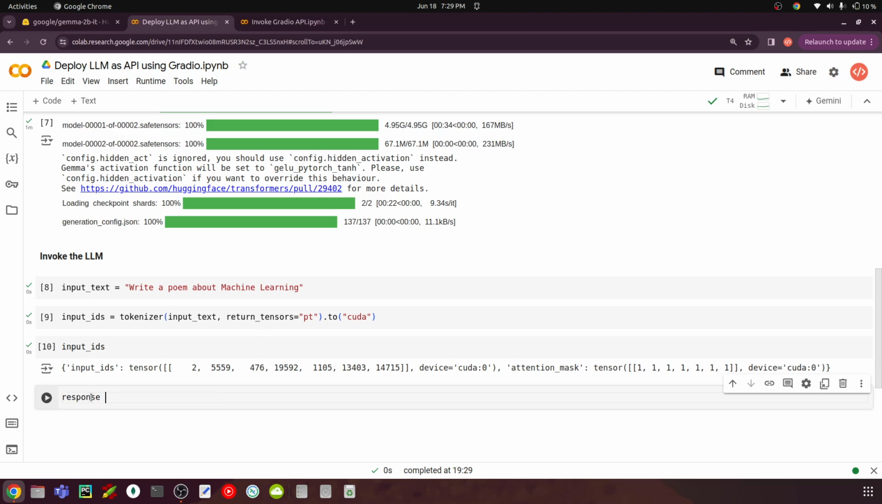response is equal to model.generate. Here we can say double asterisk symbol input IDs and max new tokens is equal to, let's say we want 512 tokens. Let's understand this. So we are calling this model.generate, and then we are passing this